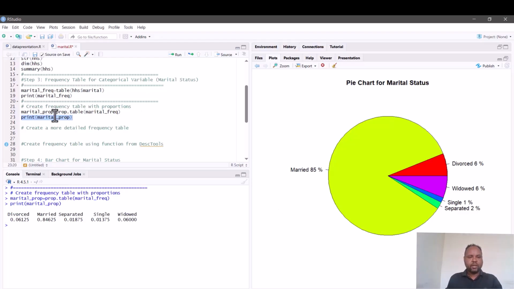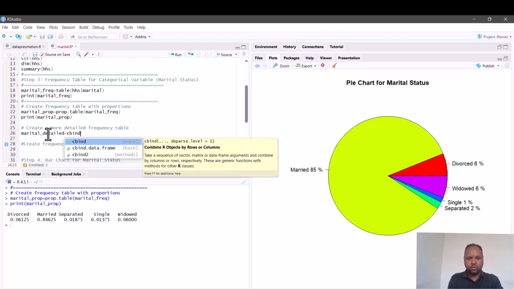This function, prop table, converts frequency into proportions. That makes it easy to interpret categorical data in relative terms, right? So let me create a more detailed frequency table, which consists of frequency, percentage, cumulative, and the distinct values of the variable under investigation. This can be created by Maritial detailed, which is created by the cbind function in R, which combines